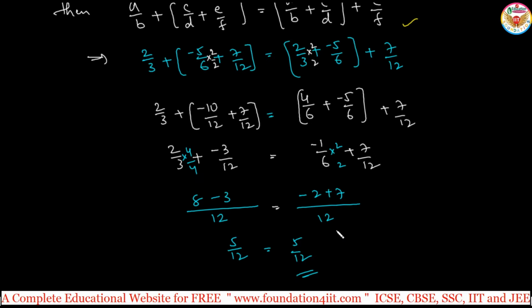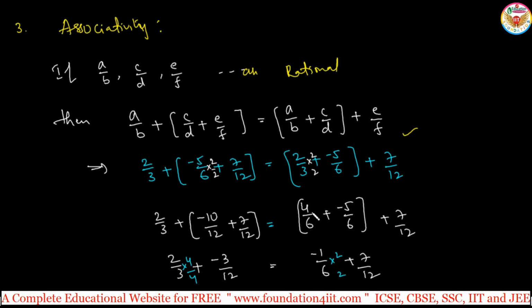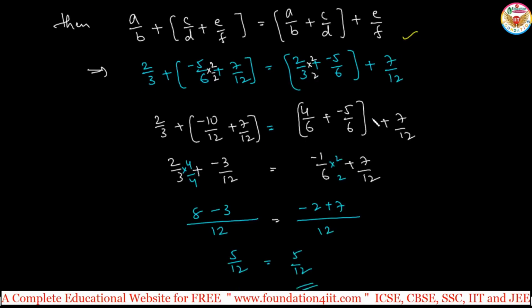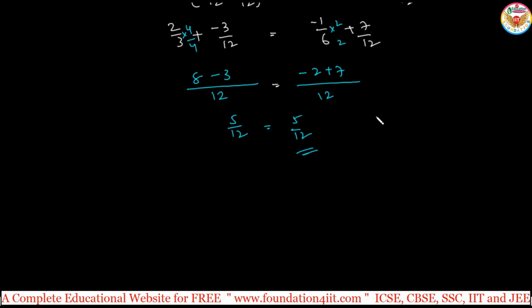So that is the property we can conclude, associativity. If any three are rational numbers, the same associative property exists. So along with the closure property, commutative and associative, we will see the additive identity and additive inverse. So when you see this fourth and fifth, the existence of the additive identity of rational numbers.